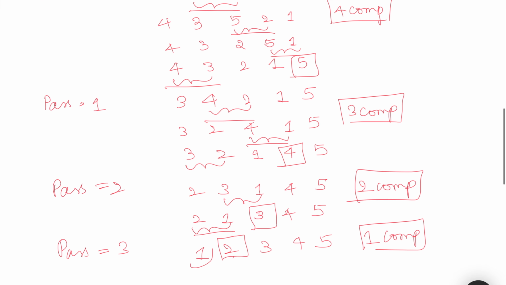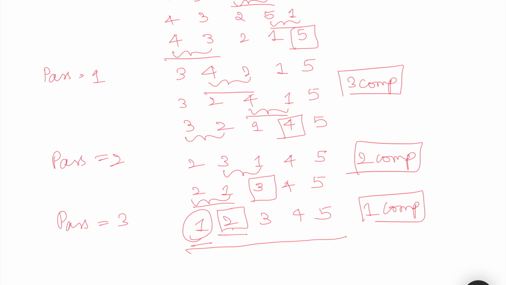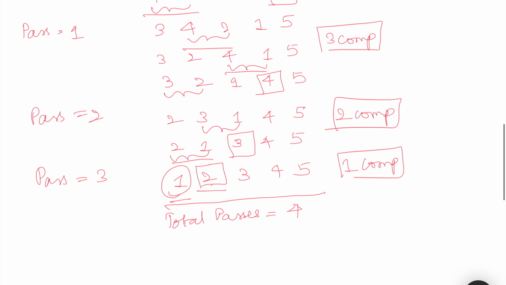So now if you see, the 1 is already in the correct position because that's the only last element. So after we have the second last element in its correct position, we can assure that the last element will definitely be in its correct position. So this completes the sorting, and 1, 2, 3, 4, 5 are in correct order. And the number of passes here is 4, and the number of comparisons for pass 0, 1, 2, 3 would be 4, 3, 2, 1. So we can think of it like this.